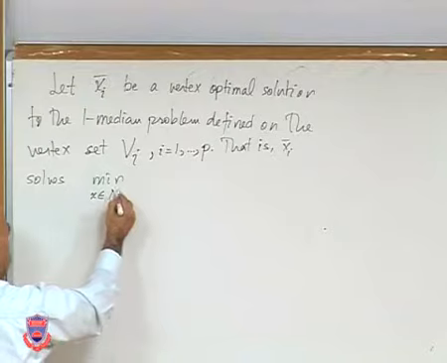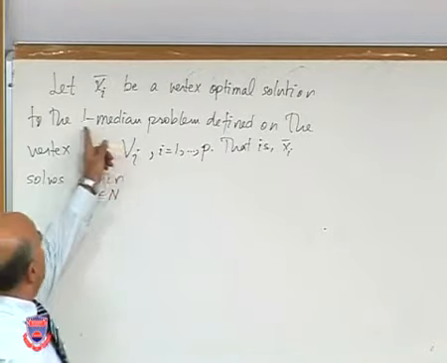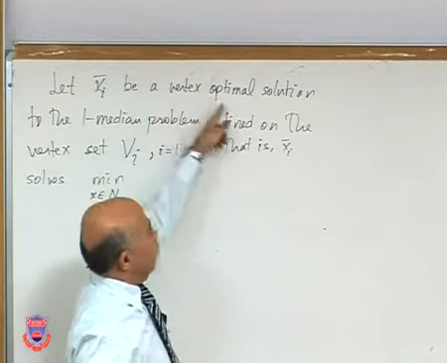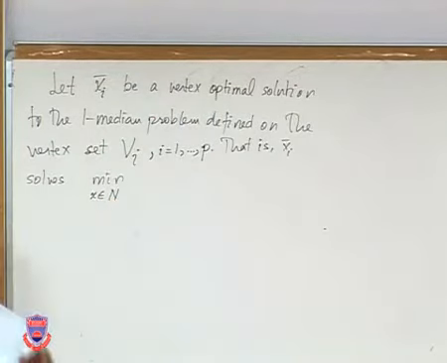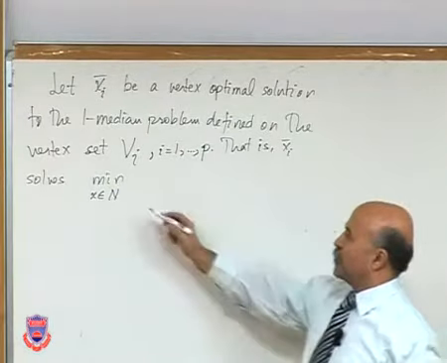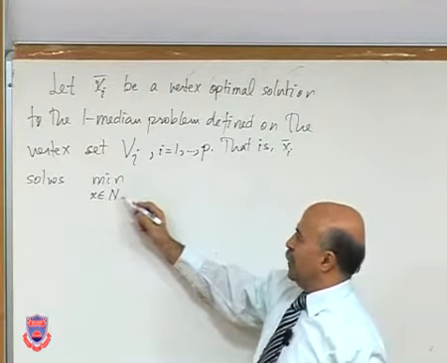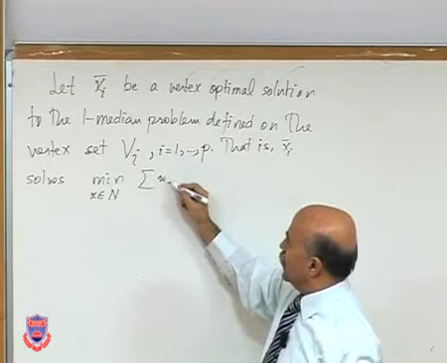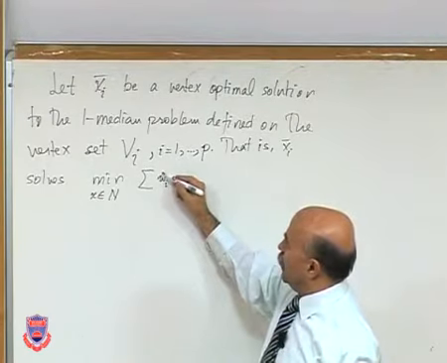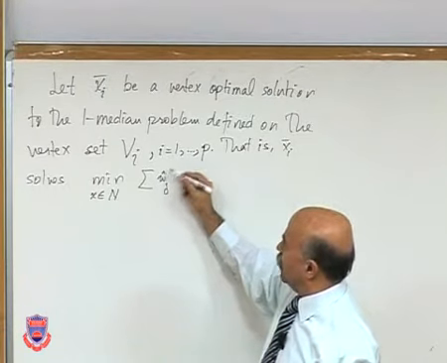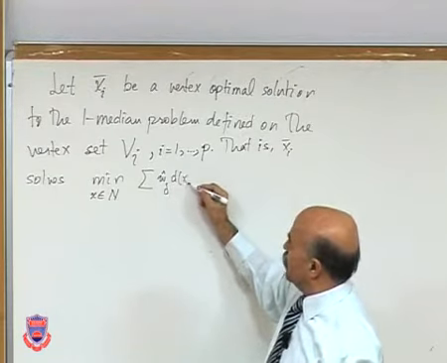But I'm going to write it as an absolute median because I already said that it's a vertex optimal solution. It's an optimal solution coming from the vertex set. So xi bar solves minimize x in N, where what you want to minimize is the sum of wj hat times d(x, vj),